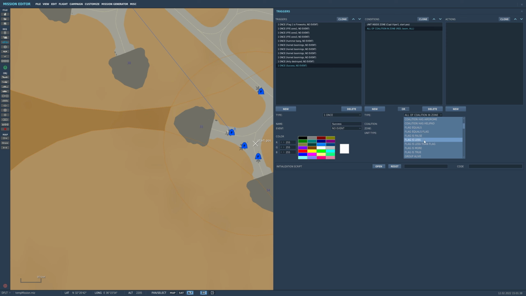This is based on all the artillery units being dead, which, if you remember, makes flag 99 become true. So in order for that check to take place, let's move that to the top. This condition is only going to take place once flag 99 is true. Flag 99 only becomes true, as we've just done, once all the artillery units here are destroyed. So once that happens and the lead of the flight is back in position,